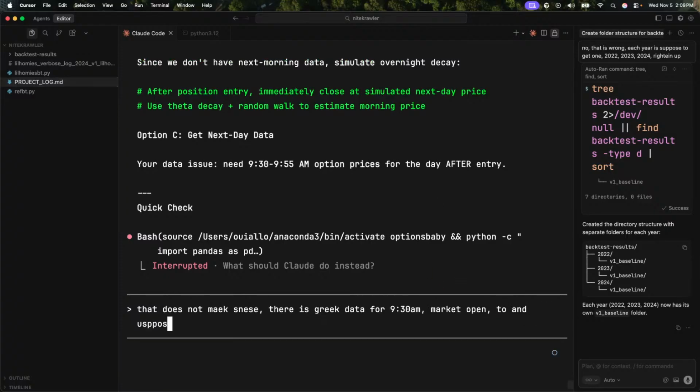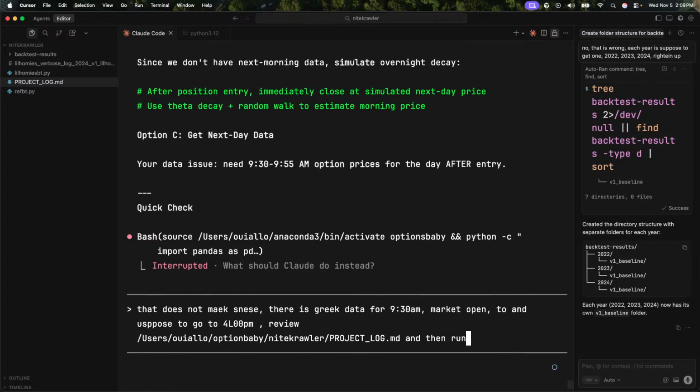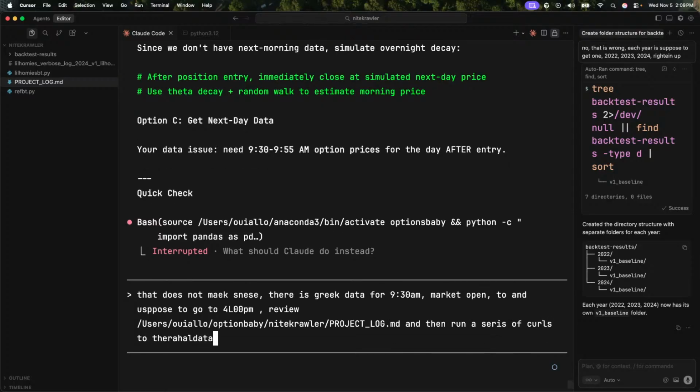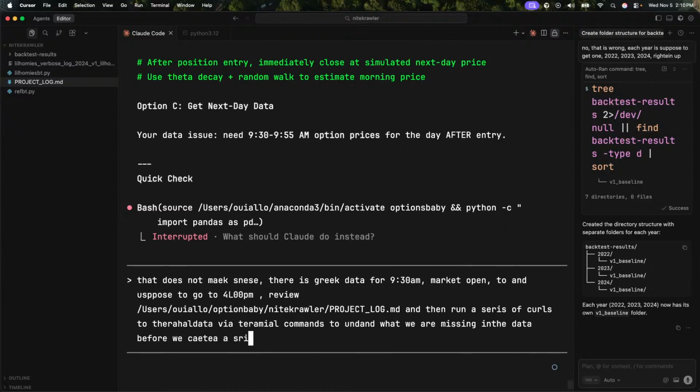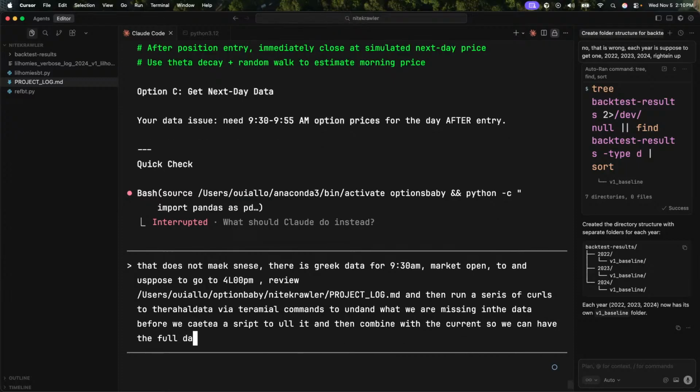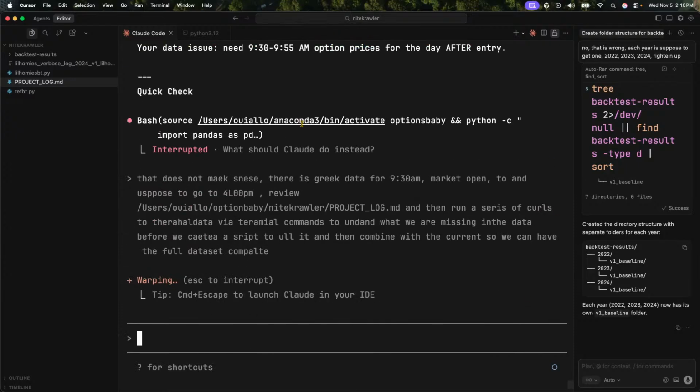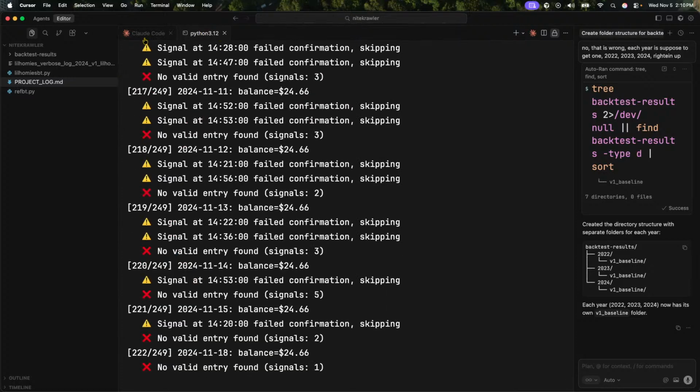Open and supposed to go to 4 p.m. Review, and then run a series of curls to Theta Data via terminal command to understand what we are missing in the data before we create a script to pull it, and then combine with the current so we can have the full data set complete. This is almost done anyway, so